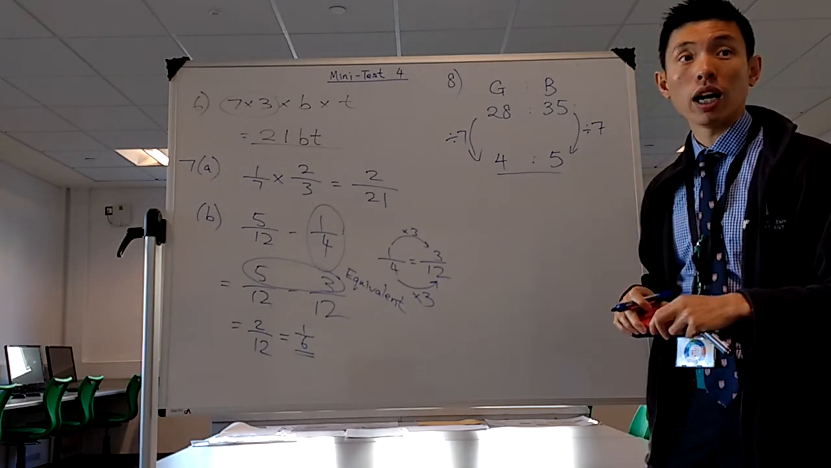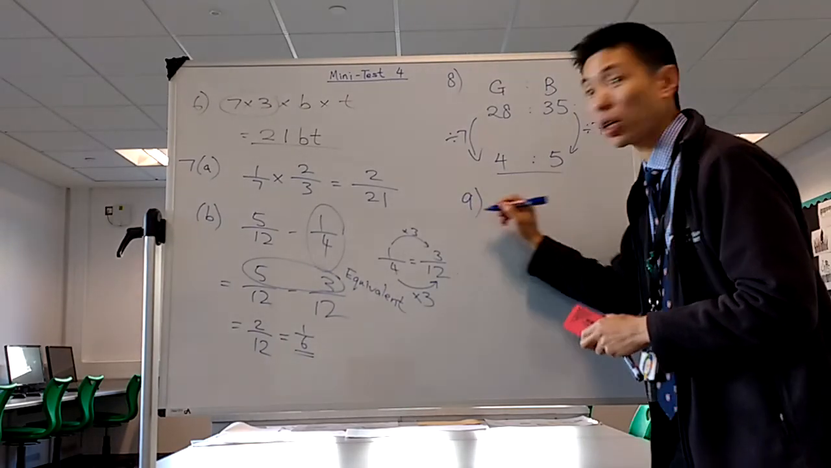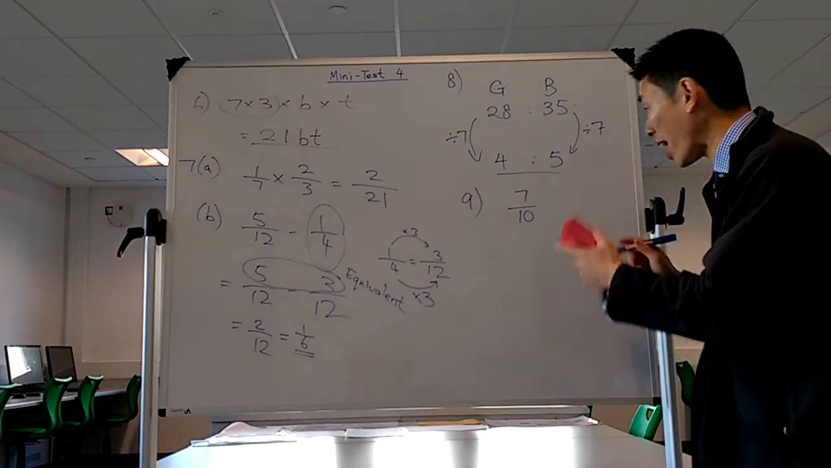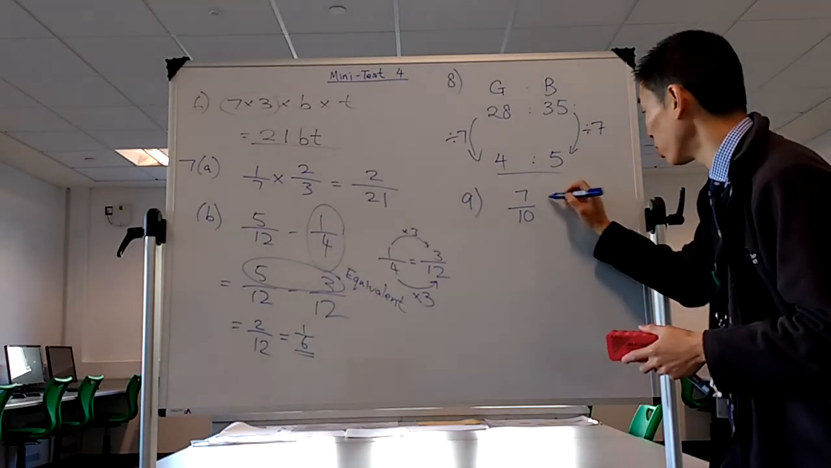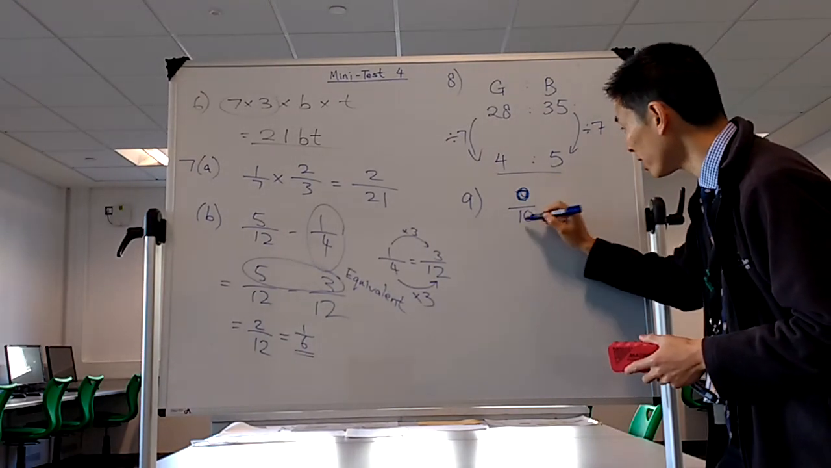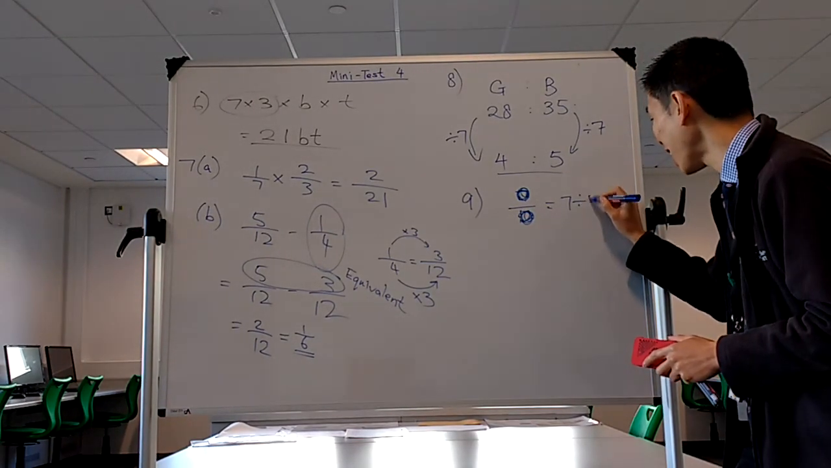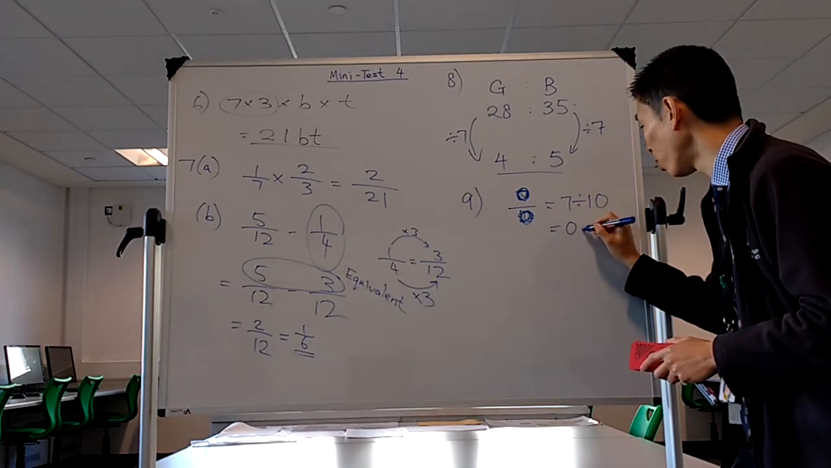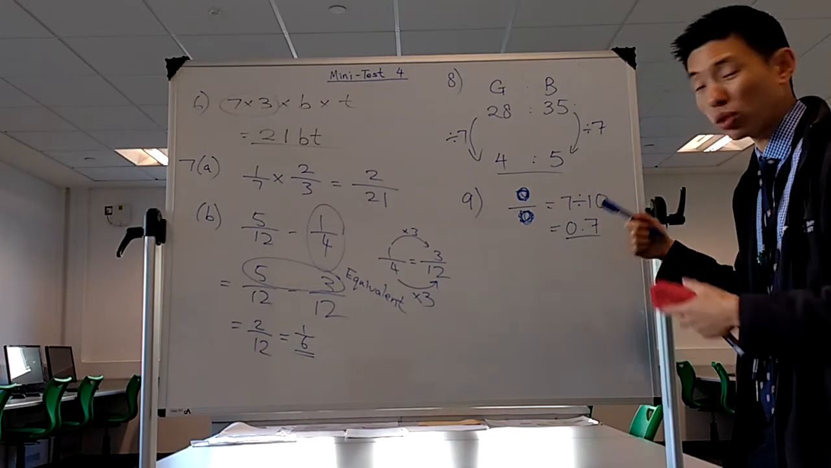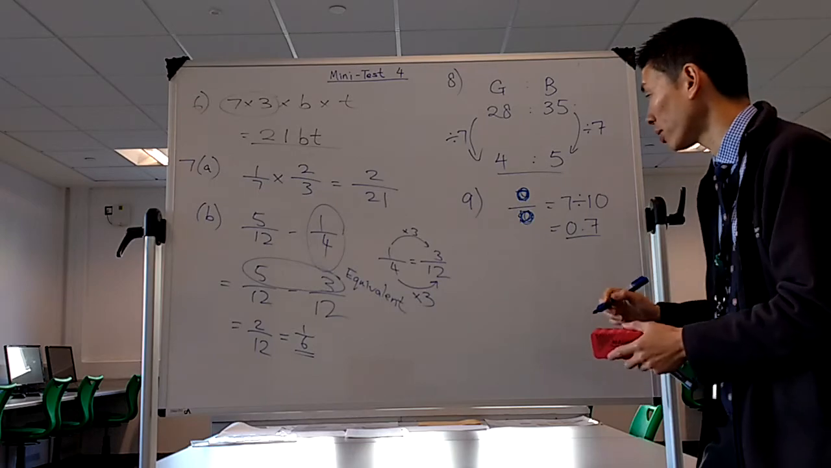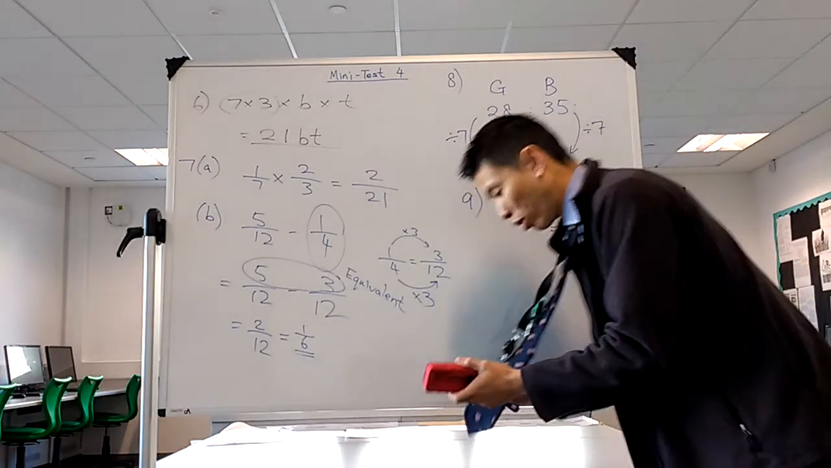Actually, I can do number 9 and 10 very quickly. 7 over 10, well, just to let you know, fractions is division. So, just to prove my point, it's a division sign. So, it's 7 divided by 10, so it's 0.7. Okay, so the student needs to be good at divide by 10, divide by 100, or times 10, times 100. Okay, so number 10, to finish off,